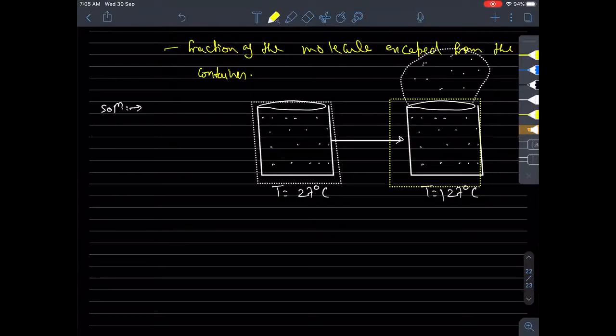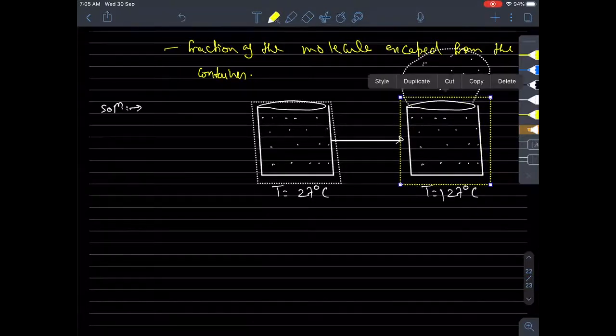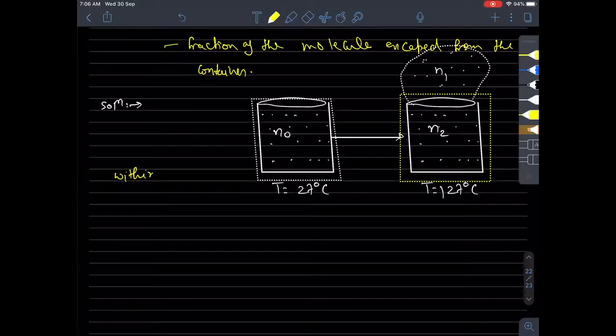So this particular portion which I have shown you here is constant, because we are interested in this, whatever the number of moles. So suppose if n naught mole is there, and here suppose some n2 mole came, right? Or you can say n1 mole over here and n2 mole over here. Then how to figure out? So within the container,